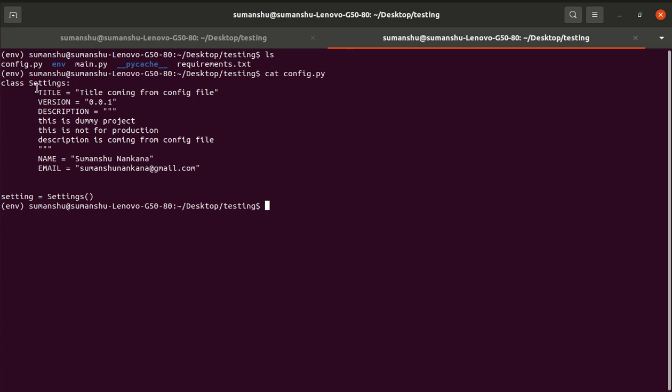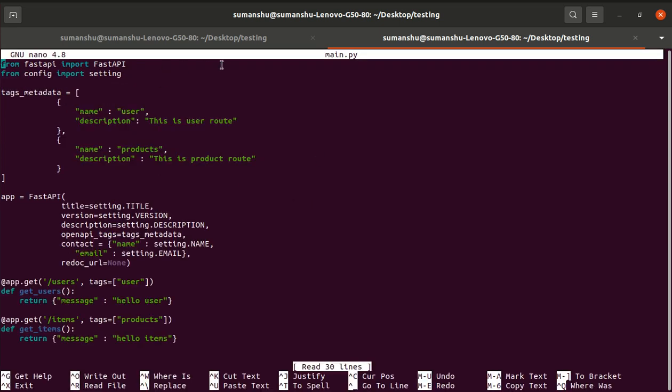But it is generally better to put it in a class, create an object, and import that object into the main.py file. The object can access the class attributes or functions using the dot operator, like settings.title and settings.version, and the same thing we are doing in the main.py file.